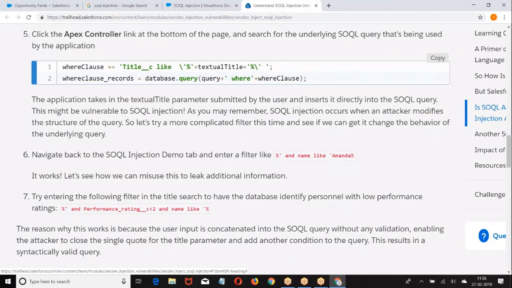Where class equal to title like the value. This textual title, whatever value we entered, we are using it. Whatever data we are getting from the user interface, directly we are putting into this. Now, every time you modify the value there, the query will modify. Right? Instead of putting it like this, make a dynamic condition. Whatever the possibilities are, write them with the help of and or. That will simplify and avoid multiple modifications.